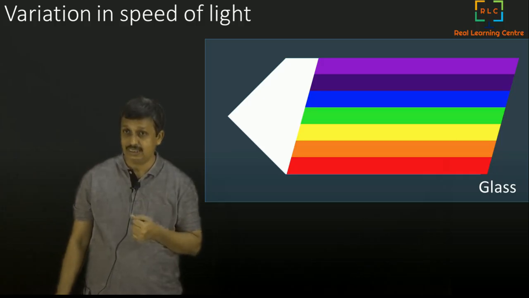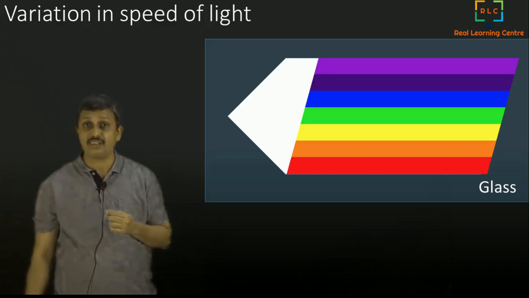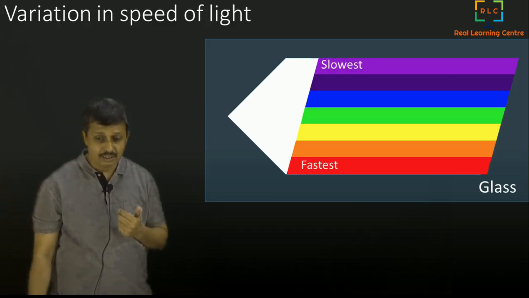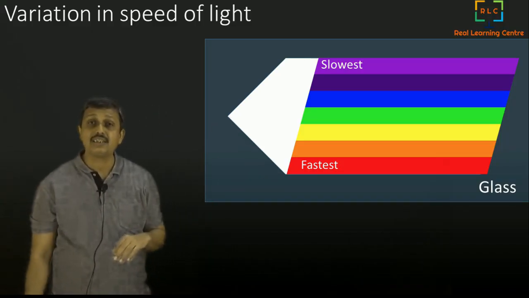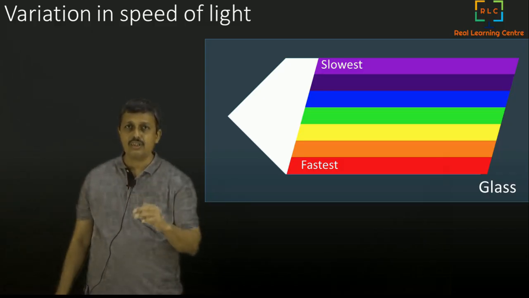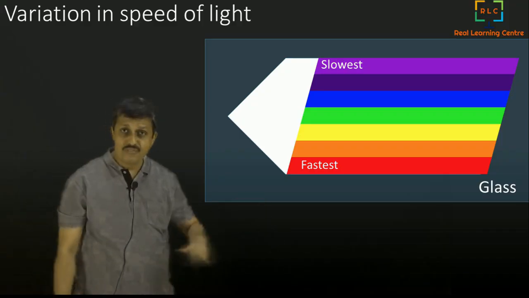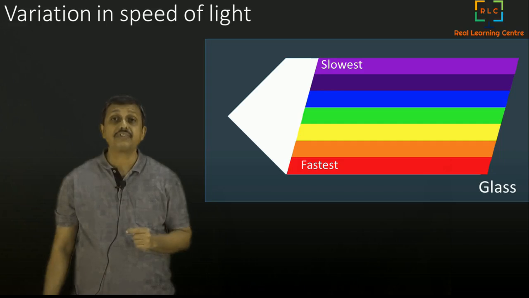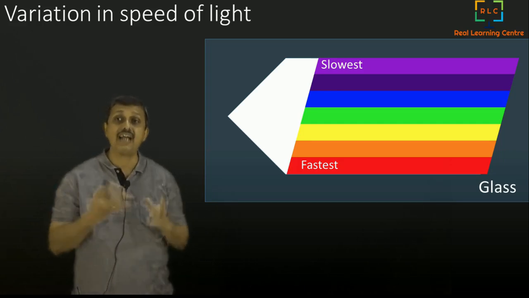then suddenly you can see that the light speeds are actually different. The red light is the fastest, and the slowest is the violet light, in most glasses. This is not true for everything. It is not just about density. It is about how the different colors of light interact with the matter.